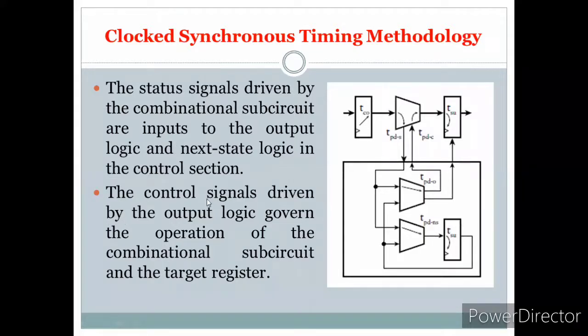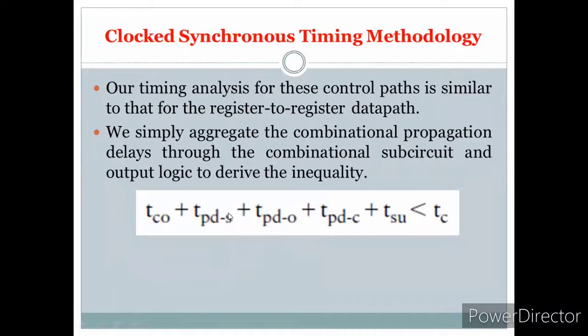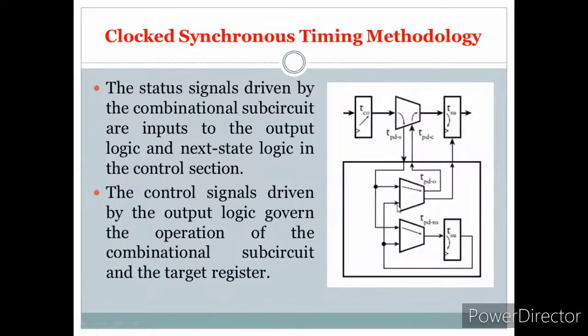The control signal driven by the output logic governs the operation of the combinational circuit and the flip-flops. Whatever output is required, the control signal controls the operation to be done on the combinational circuit and the flip-flops present there. So the entire timing of this control section has to be added in the equation.